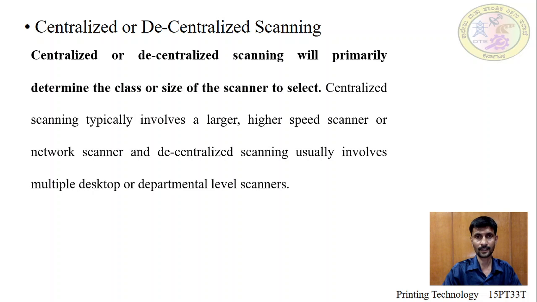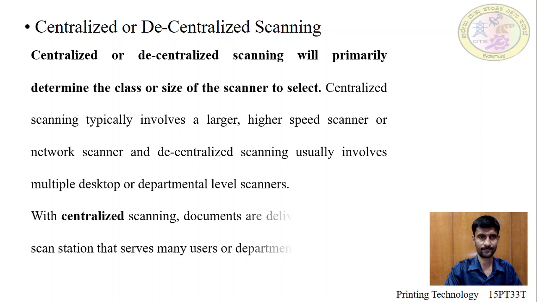Sitting in one place, you can send data to, or receive and access data from, another place. Sitting in Bangalore, he can scan his document in Bombay and send it to print. This is also possible in the centralized scanning method. Decentralized, when compared to centralized scanning, is smaller and works within a department, not one particular area, not throughout the world. This is the difference between centralized scanning and a departmental or decentralized scanner.